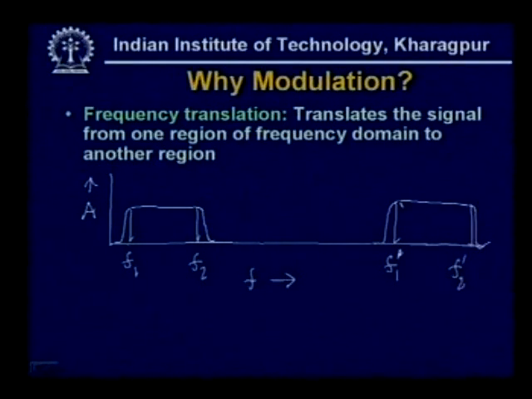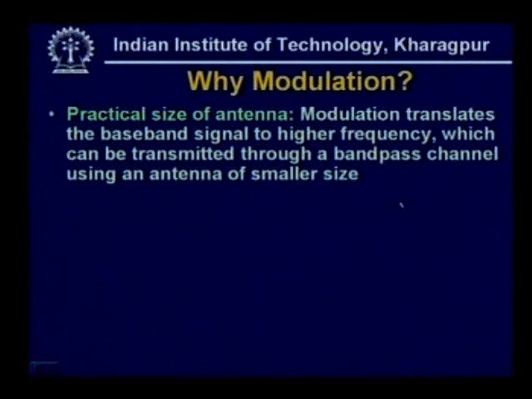Now, you may be asking, what is the benefit of this? One important benefit is that you will be able to use an antenna of practical size. Whenever you translate a baseband signal to a higher frequency, which can be transmitted through a band pass channel, you can use an antenna of smaller size. Suppose you are trying to send a 1 kilohertz signal,